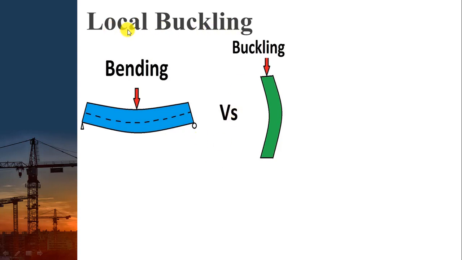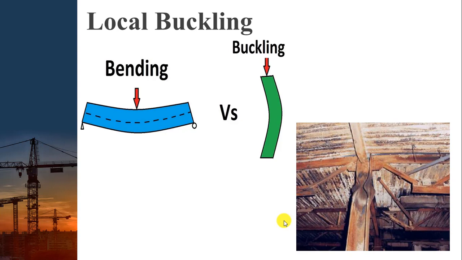Now in buckling, here we are saying local buckling. So what is that local buckling? When only some part of the column is getting buckled, then it is called local buckling. Like here you can see, in this column this I section is used, and in this I section only at this part the buckling has taken place. So this is called local buckling, means only some portion of the column is getting buckled. And if the complete column is getting buckled like it is over here, then it will be called flexural buckling, overall flexural buckling. So this is that local buckling.